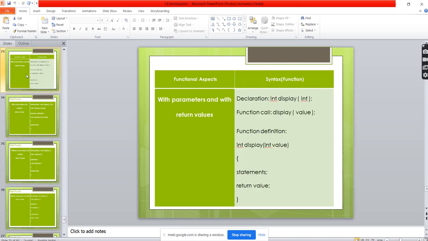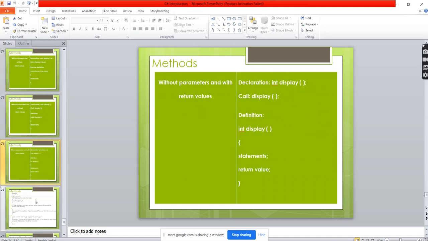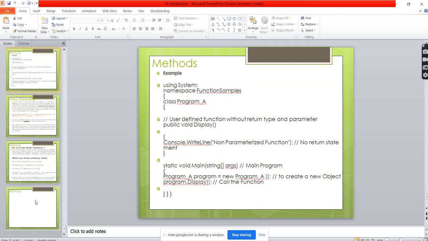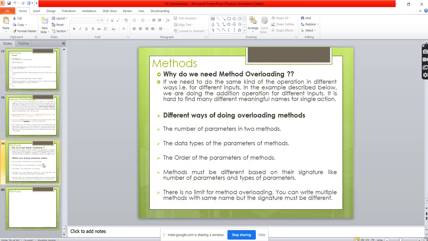Methods: we have the method with a return type and a method without a return type. If you are not returning anything, then the return type will be void. Void means the method is not returning anything back. It is just called from the main function, and after calling, it is not returning back. It is calculating values itself, so there is no return value. It will return to the main function, but it is not giving any value. It is void. This is an example I have already shared.